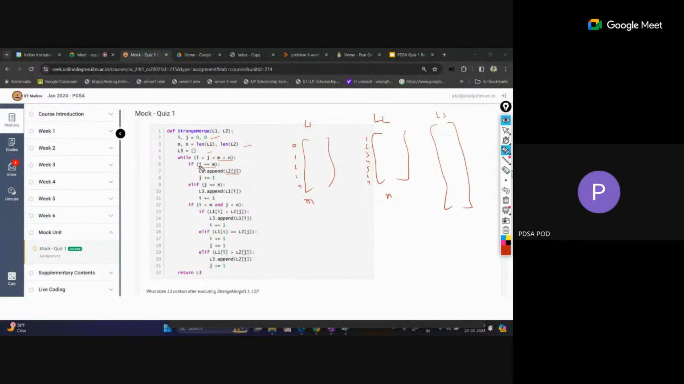At any step, we are starting from I equal to 0 and j equal to 0. If our I becomes m, that means our I list is completed. Now we will shift all elements of L2 into our final list L3. This is one case, and each time we will increment our j one time. So this is the one condition for if. Else if our j